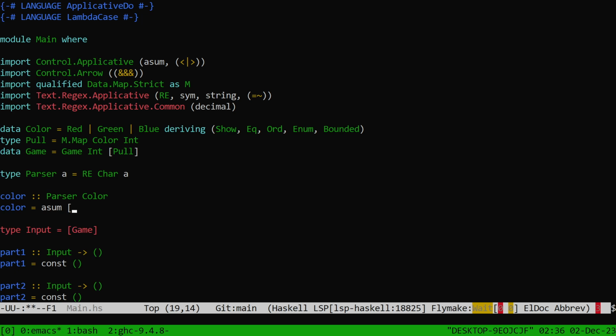So color is an asum over C, like that, over string of